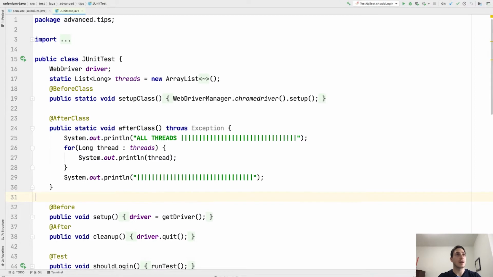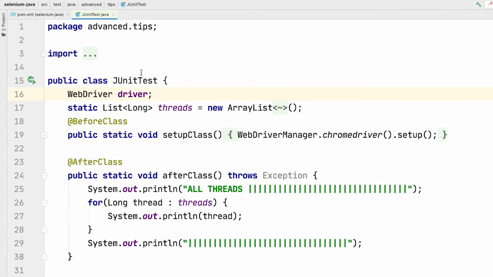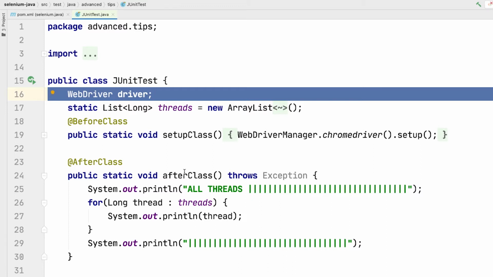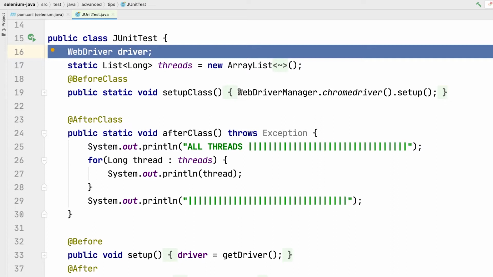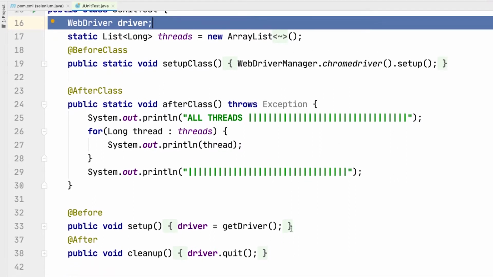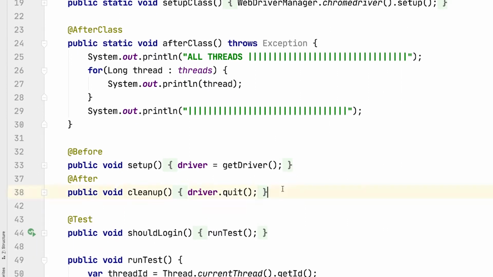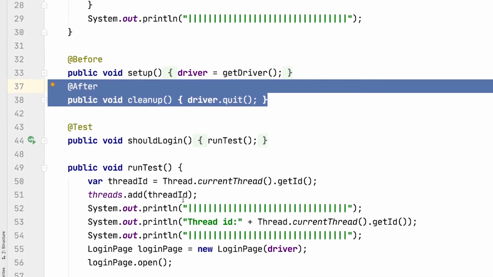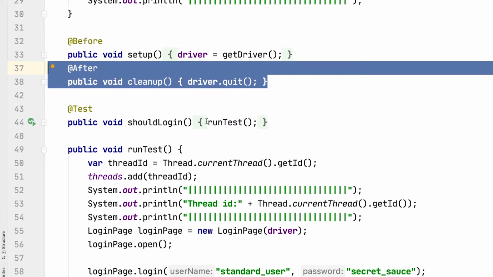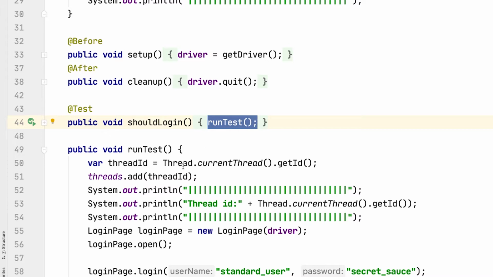Let's go check out the code. So over here, you can see that I have a class that I'm calling my JUnit test. In here, there is nothing special. I have my Selenium WebDriver, and I have my before class that uses WebDriver Manager to set up a Chrome driver. And I have my before hook that gets the driver, and I have my after hook that quits the driver. And then I have my test cases, which just does this run test, which is not relevant at all,